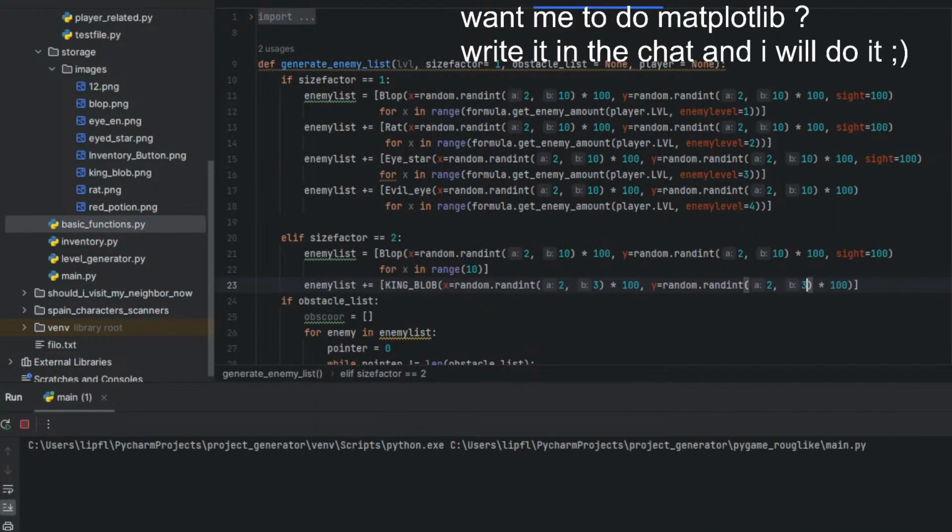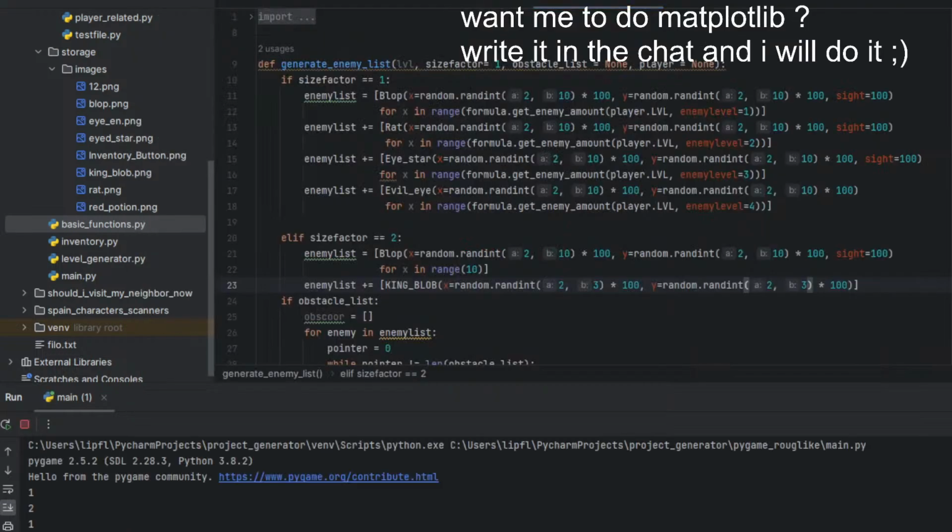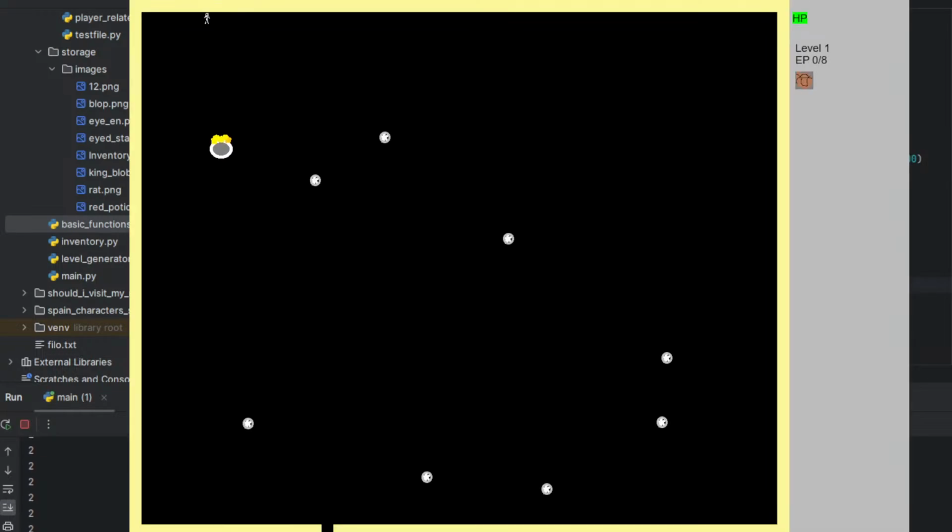Oh, maybe he just spawned outside the level. Yeah, I'm totally dead. But now he's spawning. So maybe the X and Y coordinates were really badly set.